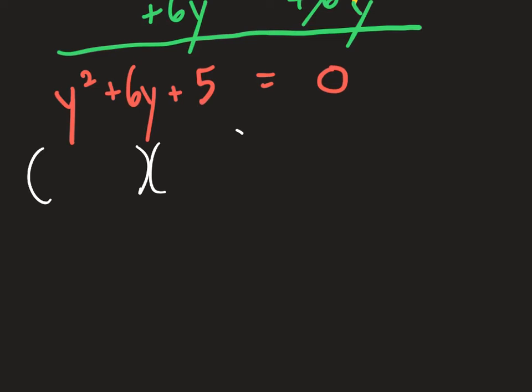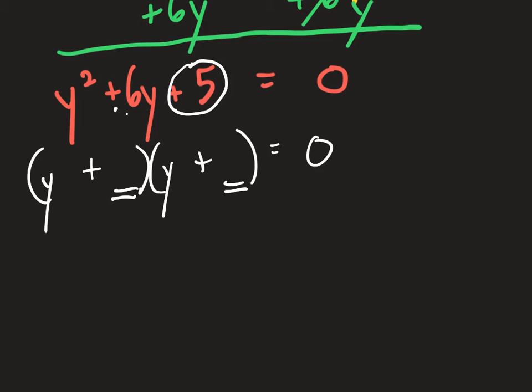Hopefully you'll remember trinomials factor into 2 parentheses. You got a y at the front of both of those. If you've got a plus and plus up here, you can go ahead and assume pluses in the middle of those binomials. And these last 2 things have to multiply to be 5 and then add to 6. Should be pretty straightforward. There's not a lot of things that multiply to be 5. 5 and 1. And they also add to be 6. So here we end up